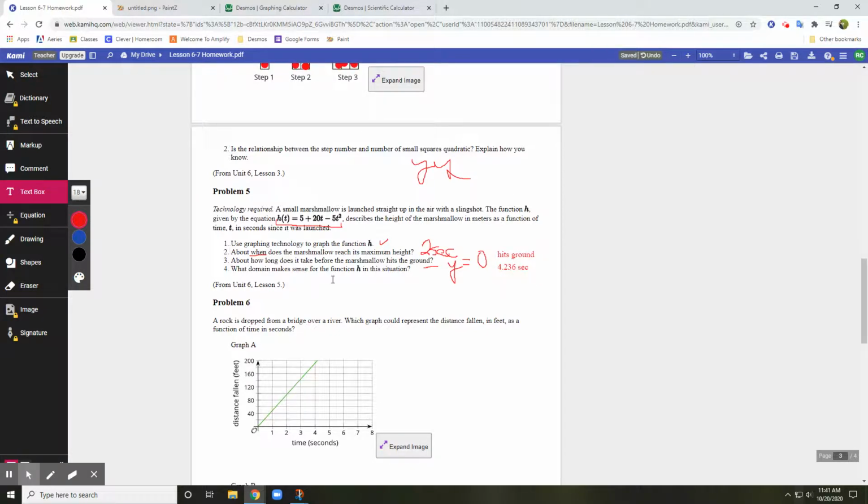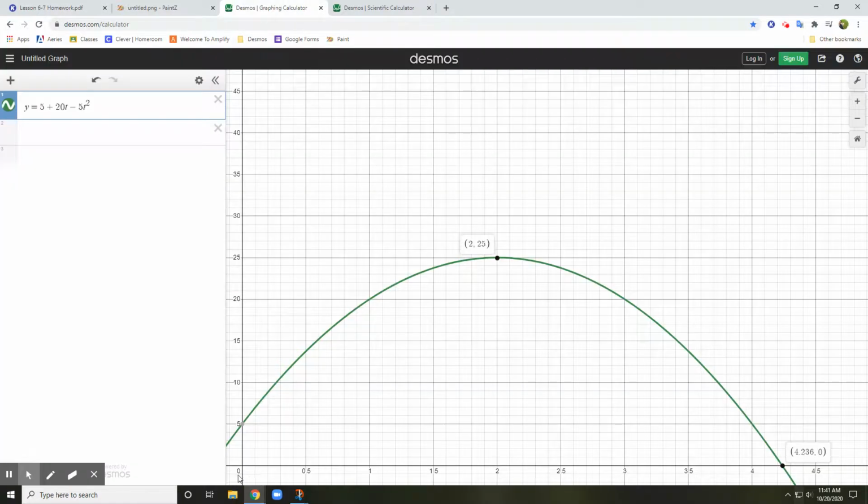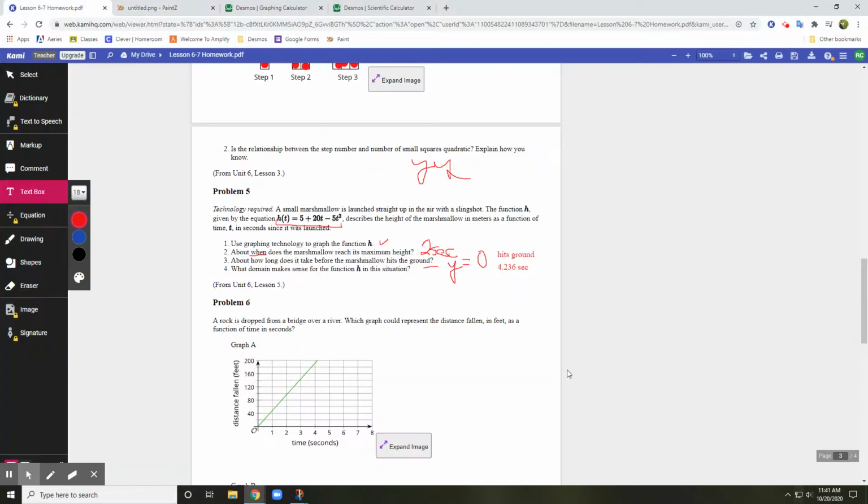Right? What domain makes sense? Well, we know that anything before time 0 doesn't make sense. So anything from 0 until it hits the ground. And it hits the ground at 4.236. So what is the reasonable domain? The reasonable domain is from takeoff to landing, which you should know is from 0 seconds until